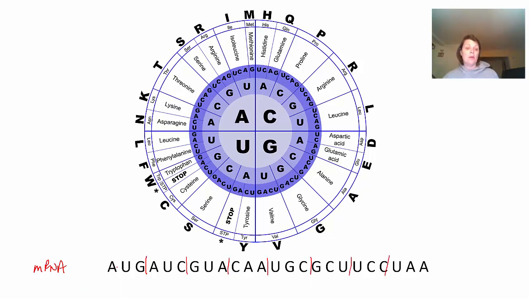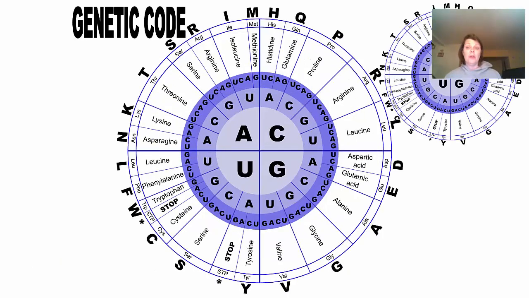And so if we count how many codons there are, 1, 2, 3, 4, 5, 6, 7, 8 codons long. The messenger RNA is going to code for the amino acids that we have. Well, how are we going to read that? Well, if we go to